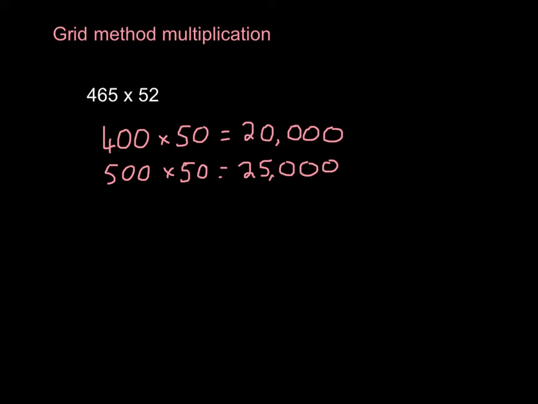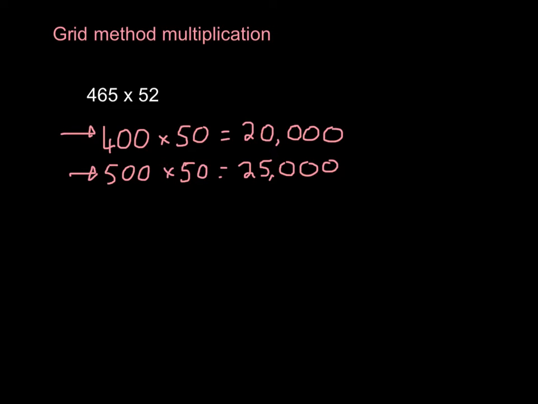So we're going to have a look at how we can use grid method multiplication to answer the question from the test, 465 times 52. Now I think the first thing we've got to do is try and work out about how big the answer is going to be. I've rounded the 465 first to 400 and then to 500, and I'm timesing it in